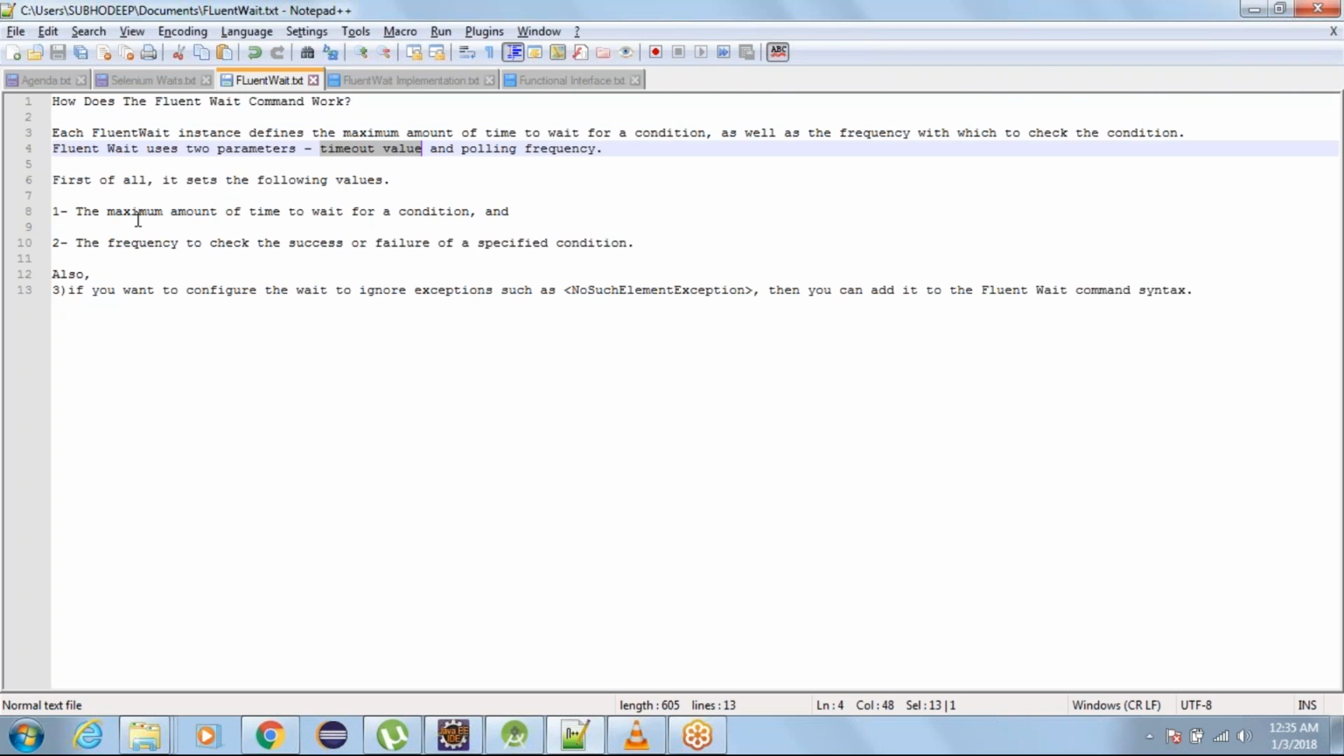What is this? This is the maximum amount of time to wait for a condition. And second is the polling frequency. So what is this polling frequency? It is also mentioned here that it is the frequency to check the success or failure of a specified condition. So the timeout value or timeout period will exist, and within this timeout period this particular fluent wait